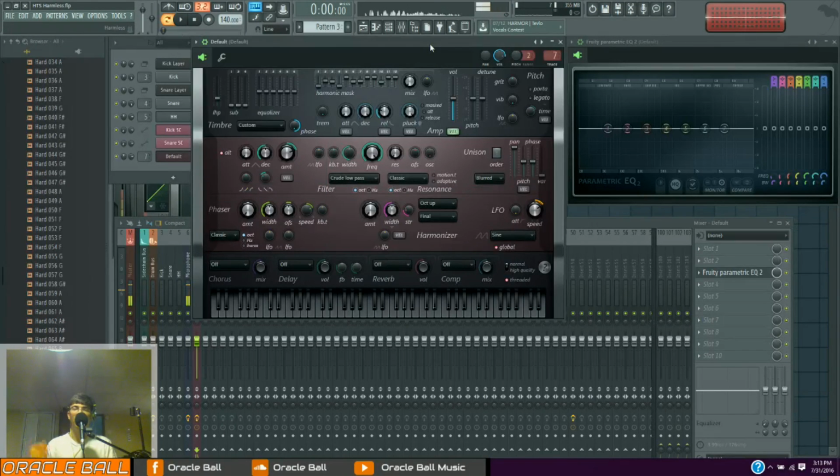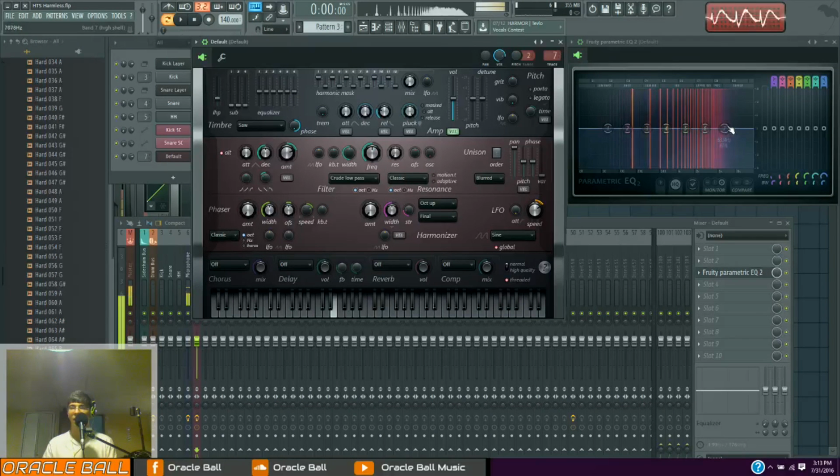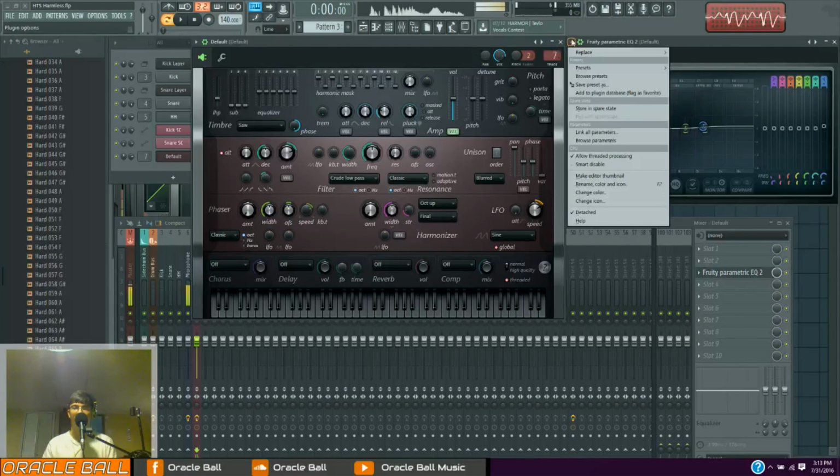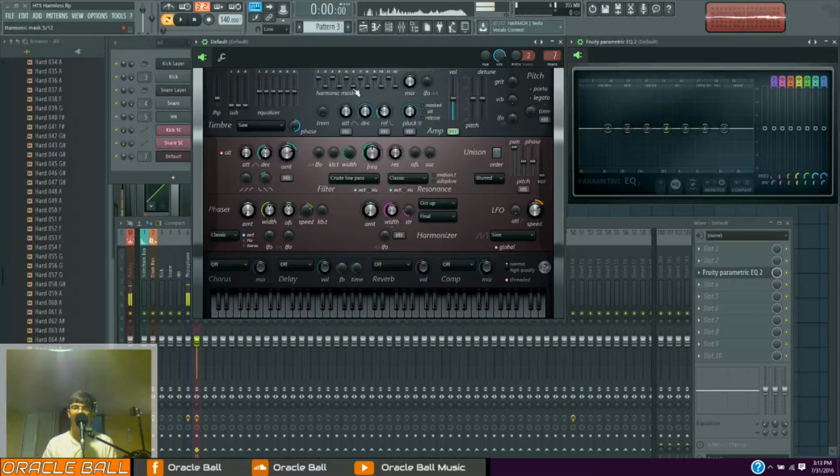So now that you know how to put your different waveforms in here and how to get a square wave out of Harmless without importing one, let's load it up to default state. And I'm going to start with the equalizer here. This equalizer here isn't like a post-processing EQ where you can shape a sound like this. This EQ is a little different. Not because it's a graphic EQ, but it doesn't do the post-process sound. It actually changes the